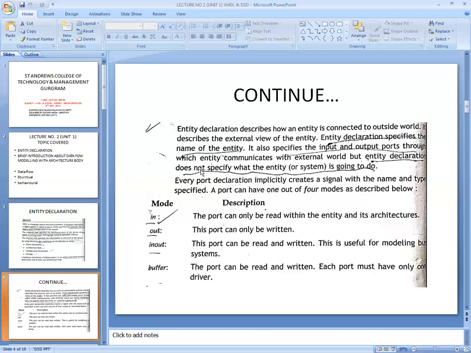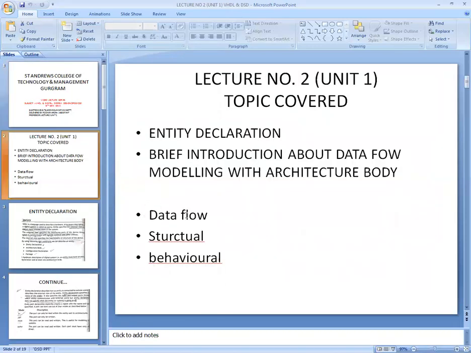In architecture body, as we can see, in data flow we can use concurrent assignment statements, in structural we can use declarative and statement parts, in behavioral we can use sequential statements. So as per the statements used in your architecture part, you can differentiate the three modeling styles from one another, but the entity declaration part is common for all of these modeling styles.